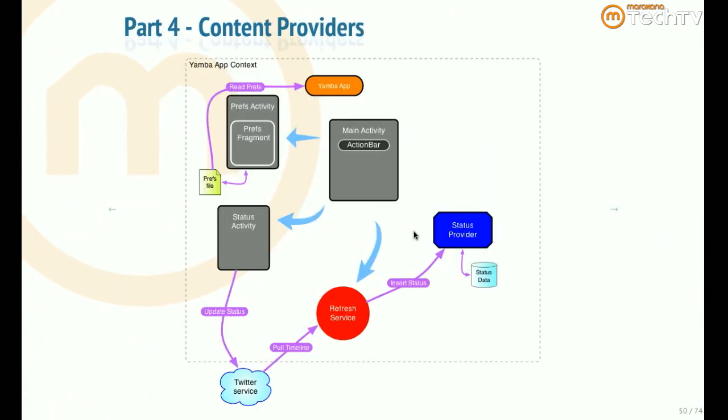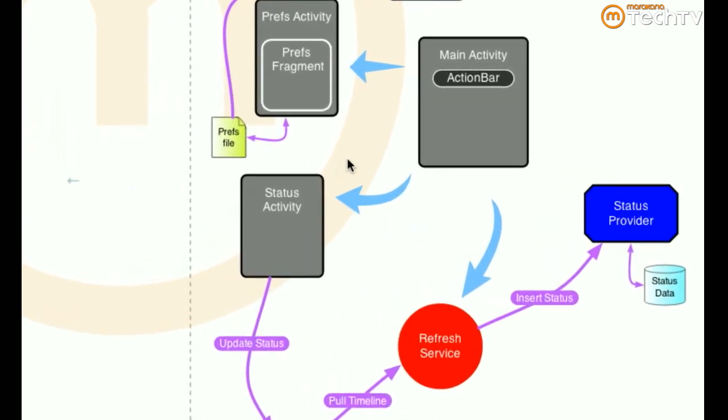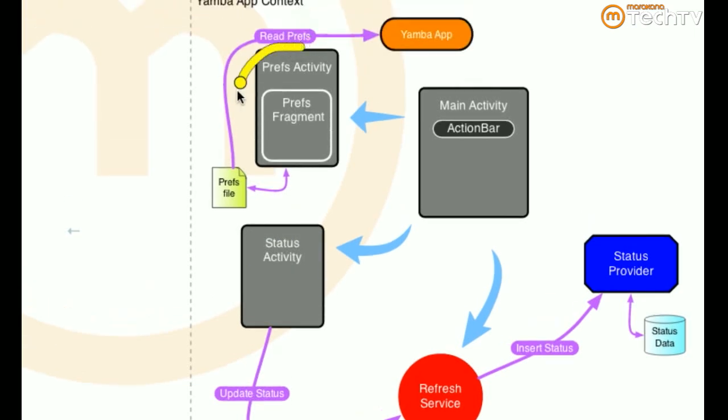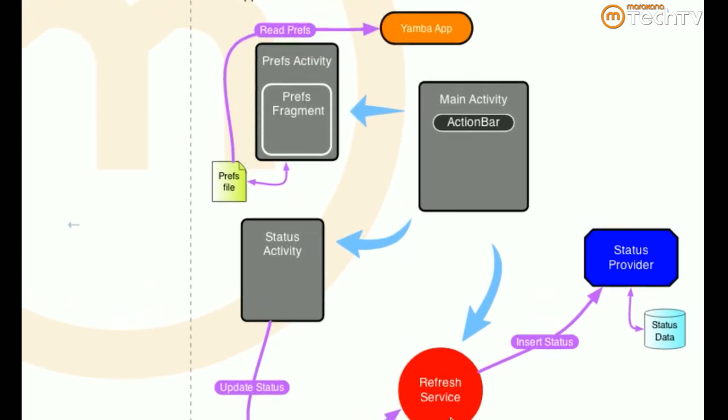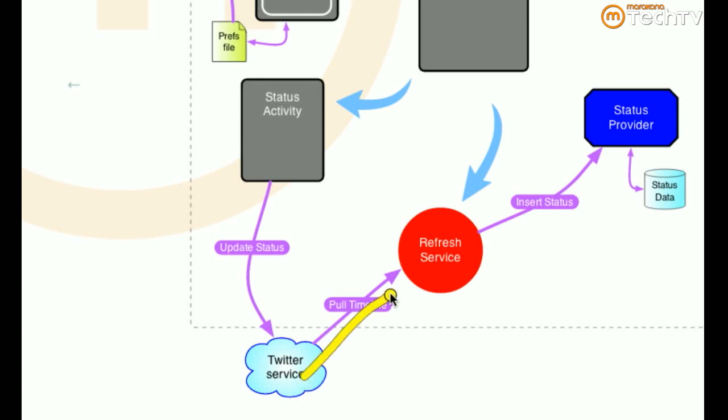So far we have the following. We have the main screen, we have a way to post to Twitter, we have a way to change our username and password, and we have a way to pull the data from the cloud. We know the data is being pulled because we can see the dump of the data right in the console, in the log. But we don't have a way to display it to a user. So what we're going to do next is